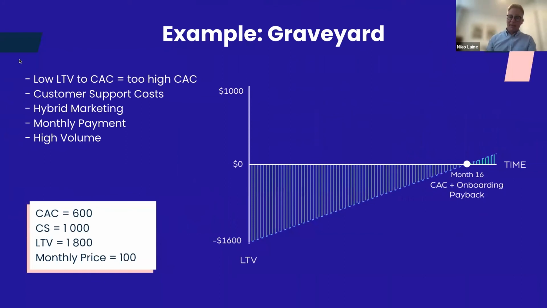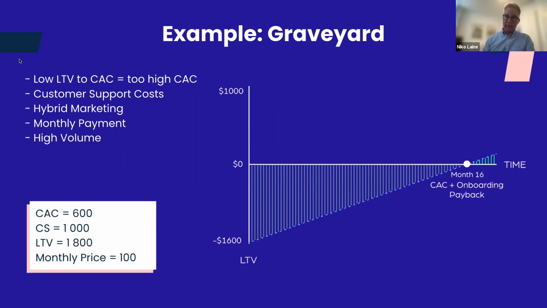It's basically taking some examples from the previous slide. Usually the graveyard model means that you have too high CAC. LTV to CAC is not great. You have high customer support costs. You're trying to reach customers with a little bit of this and a little bit of that, and you might not know your ICP. You ask for monthly payment from your customers,